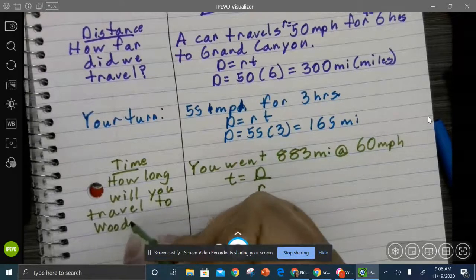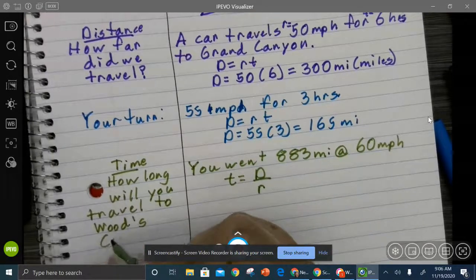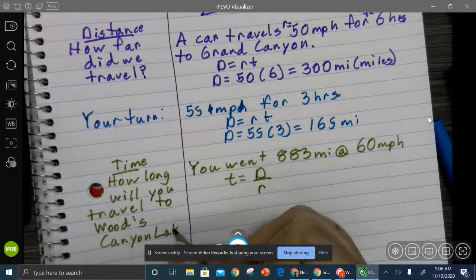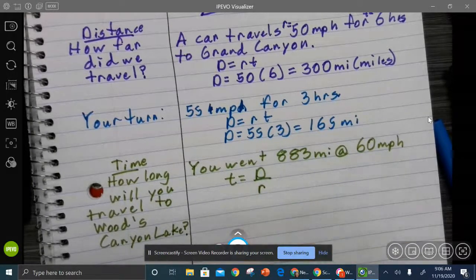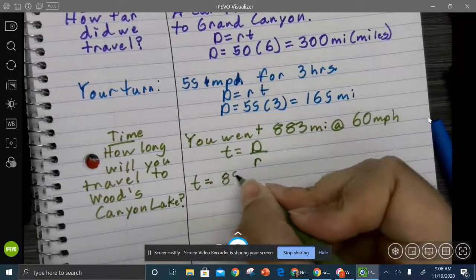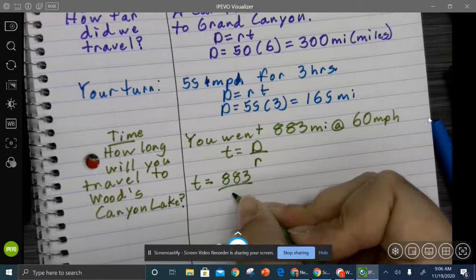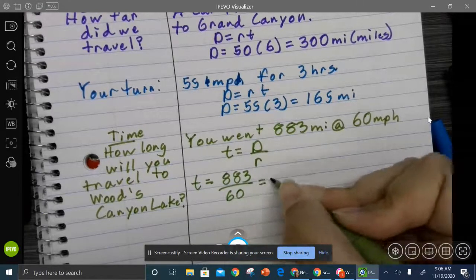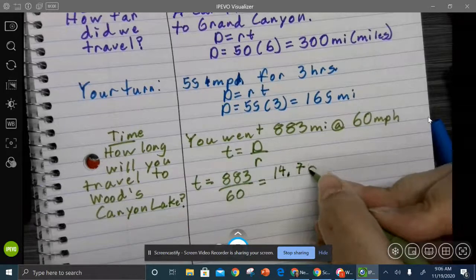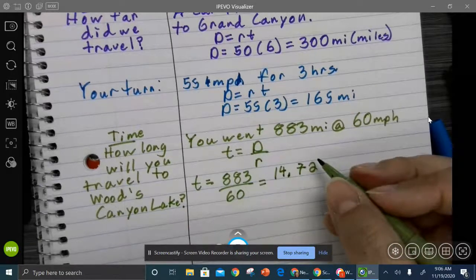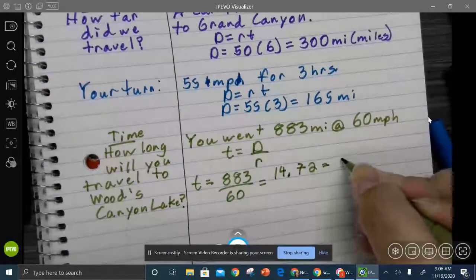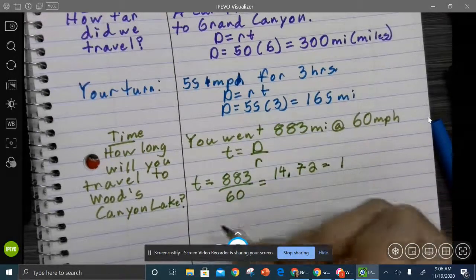Oh, we're not going to Flagstaff, we're going to Woods Canyon Lake, past Payson. So we're going to do 838 divided by 60. We get 14.23, which would actually be,